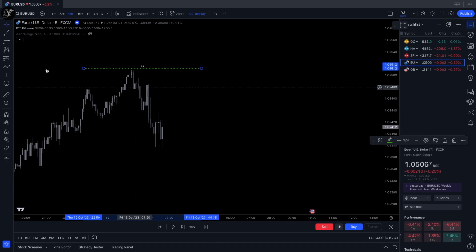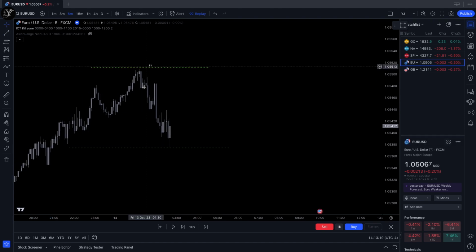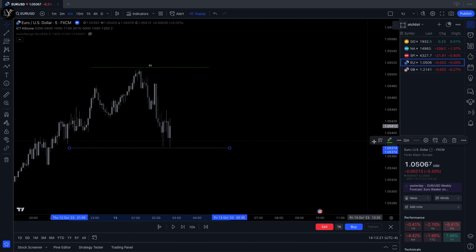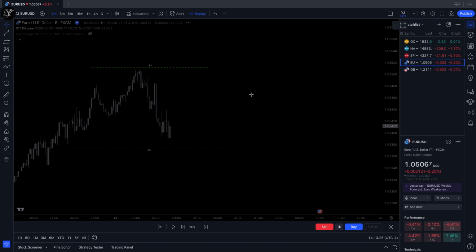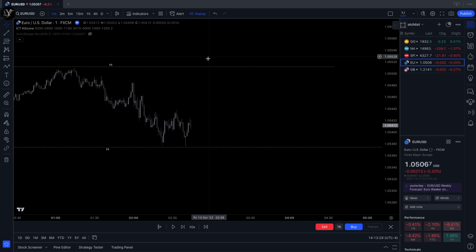And we're going to mark out our sell side liquidity right here. We can see we have a double bottom right here. So we're going to mark out our sell side like so. Now once we've marked out buy side and sell side on the 5-minute, we're going to drop down to the 1-minute time frame. And in the 1-minute time frame, we're going to wait for either buy side or sell side